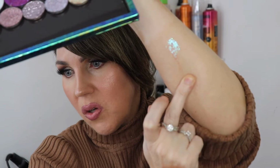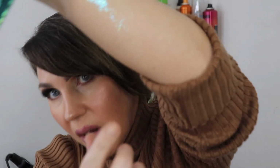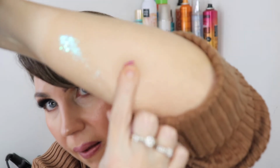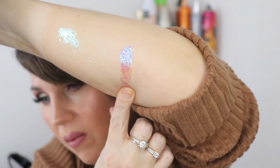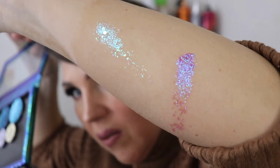So that's White Crushed Diamonds. Hope you can see that on camera. And then we have Dazzleberry with a pinky purple undertone to it. Do that there. So pretty. My ring light's up a little bit too high, isn't it? There you go, that's Dazzleberry. And then we have